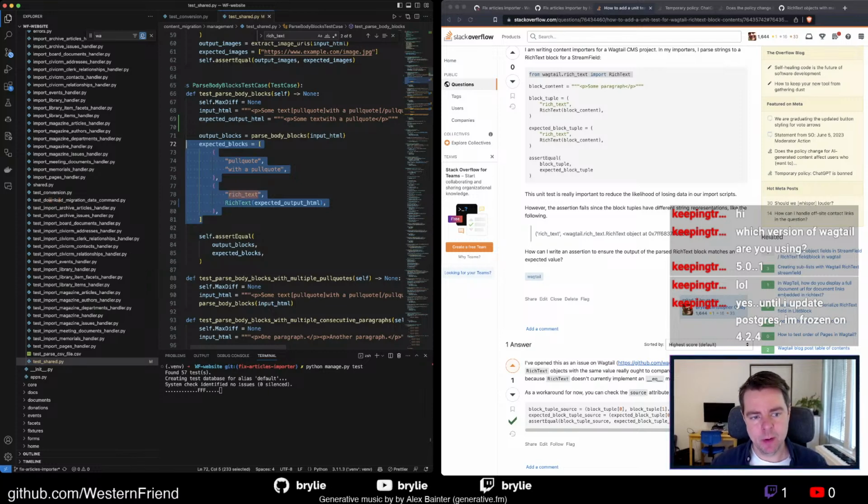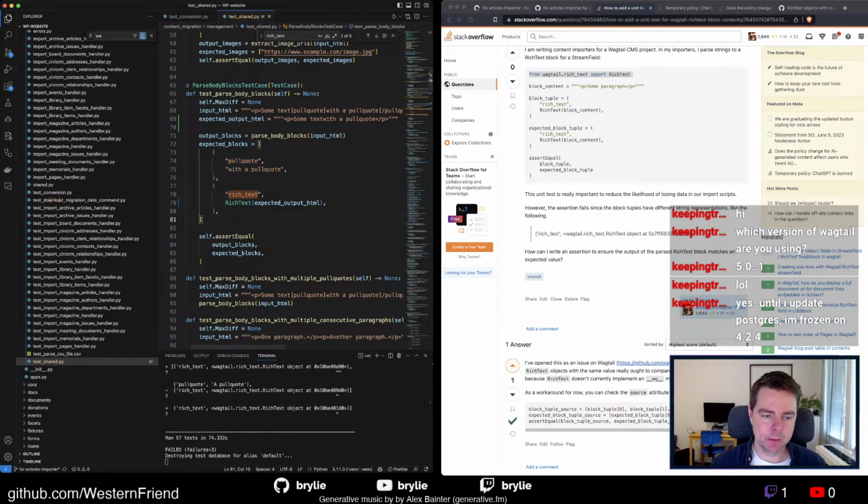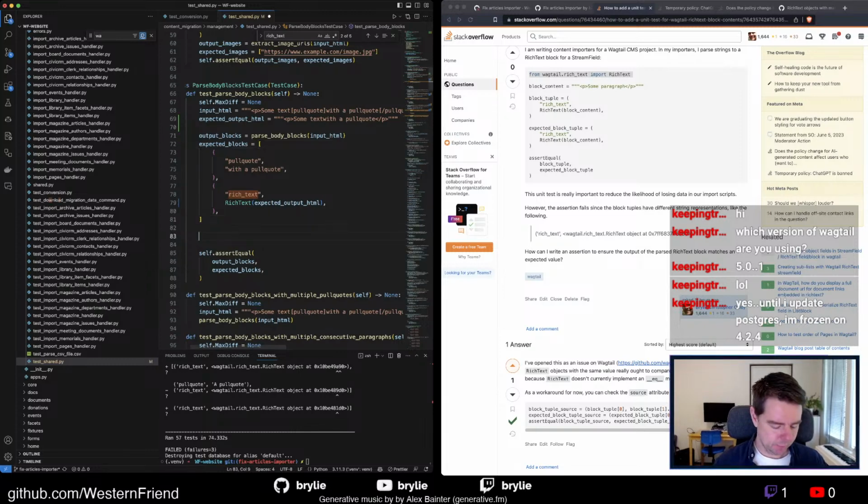For the sake of my seeing it, I'll make this structure here, think about it a little bit better, and have it composed into a list with tuples instead of splayed across assertions. So yeah, self.assertEqual update Postgres from frozen on